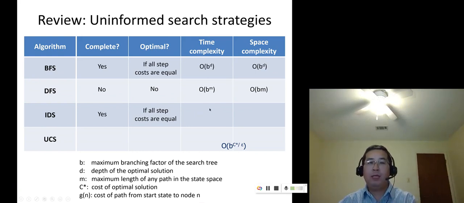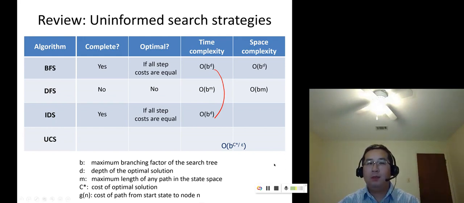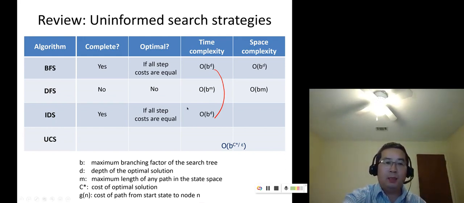And time complexity is the same as BFS. You will exhaust all the nodes under each layer, right? So similar to this one. But it's better than DFS, because